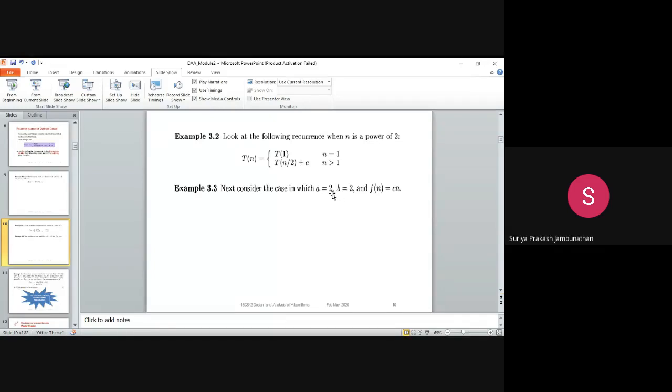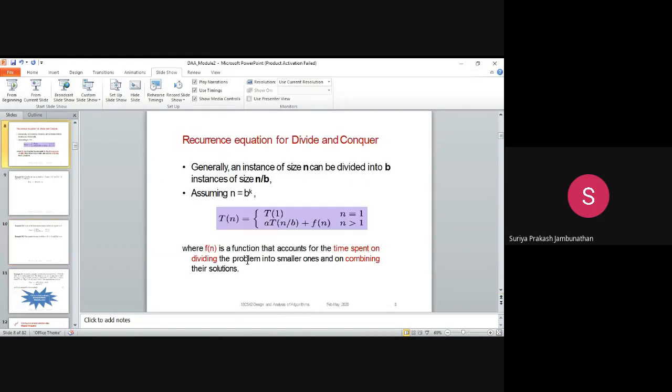Can you tell me the T of n, students? You can substitute in this formula: 2T into n by 2 plus Cn. So this is the recurrence equation for divide and conquer.